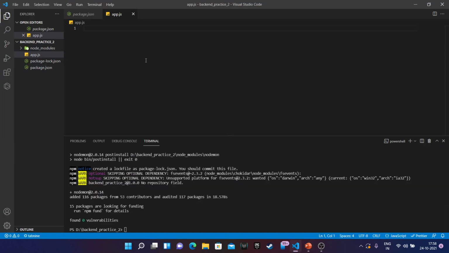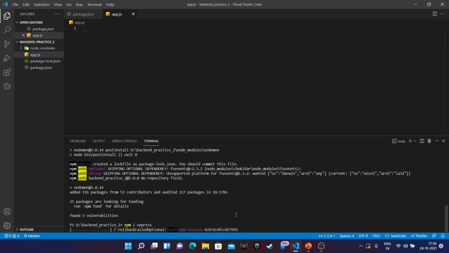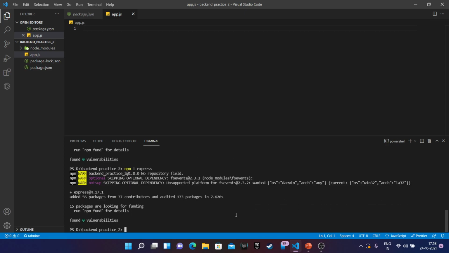So now we must install express. So npm i express, or we can say install express. So my express is installed.